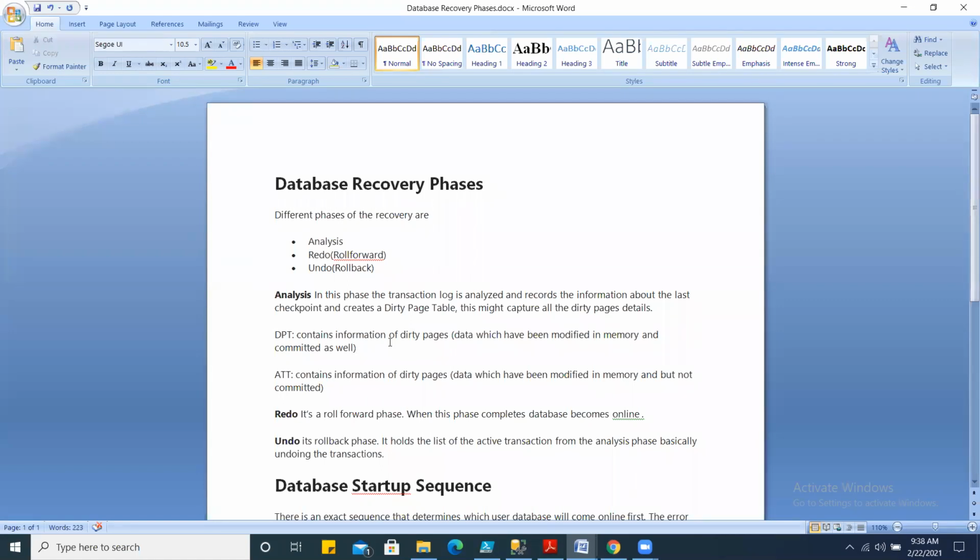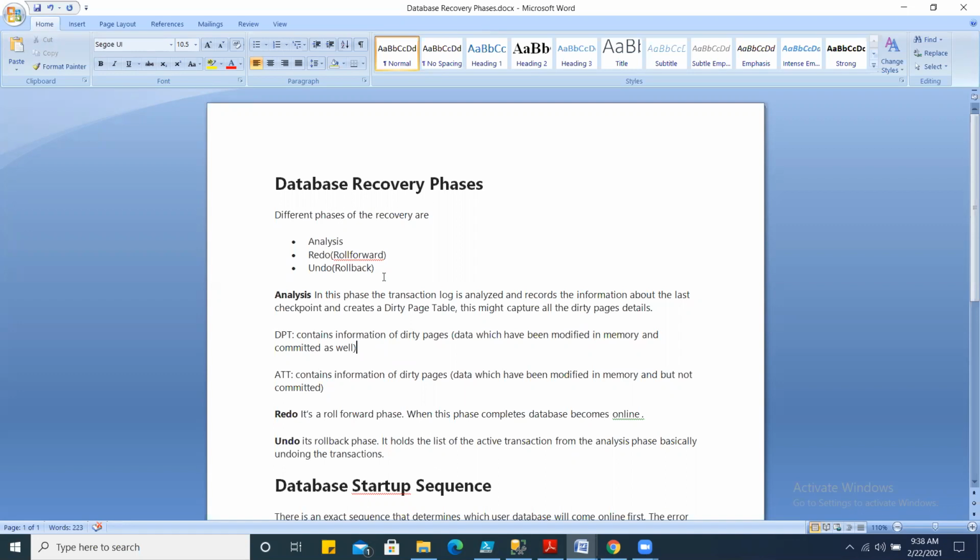So that's why when a failover occurs during database mirroring, when databases are configured in synchronous mode of commit, in that case also, before the mirrored databases come online, they will have to go through these three recovery phases.